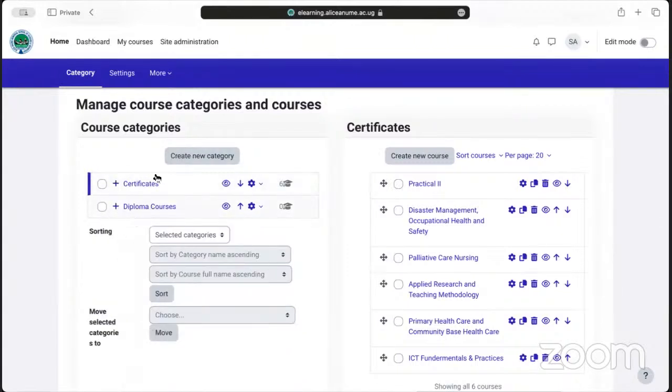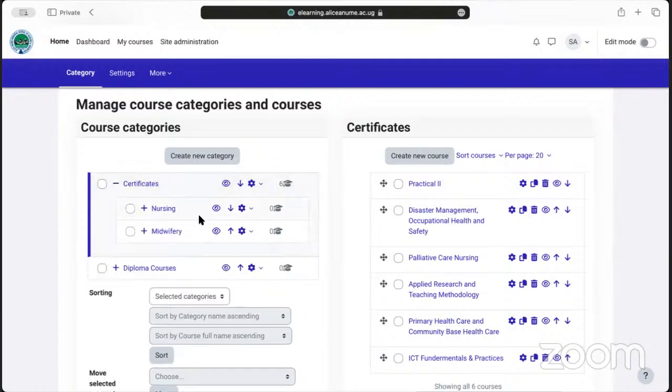So we have these two main categories. We have category 1, which is certificates and diplomas. You don't have degrees and masters. Am I right here? Yes. So under the main category of certificates, we have nursing and midwifery. Am I right? Yes. Under nursing, we have